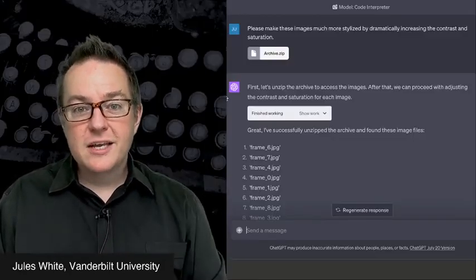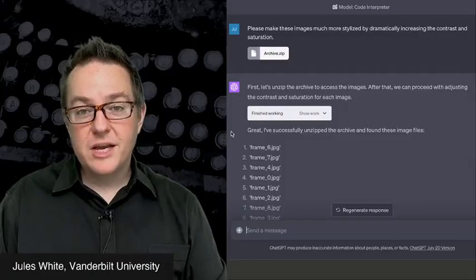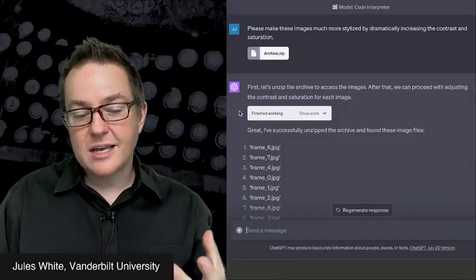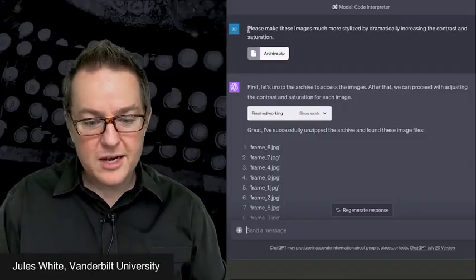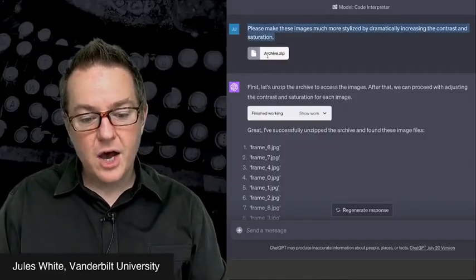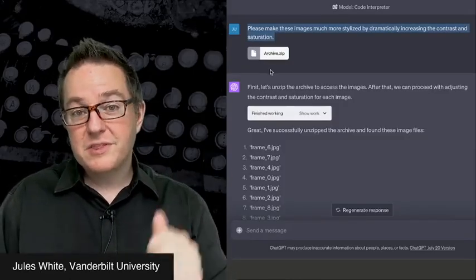Let's imagine that you have a series of images and you want to go and apply a transformation to them. You want to make them much more stylized, apply some filter to them. You've taken all these images, okay, now you want to stylize them. So I'm going to upload an archive full of images to Code Interpreter, but this could be an archive of